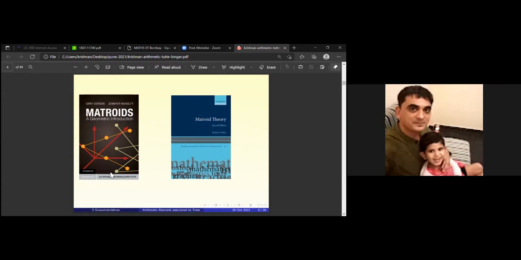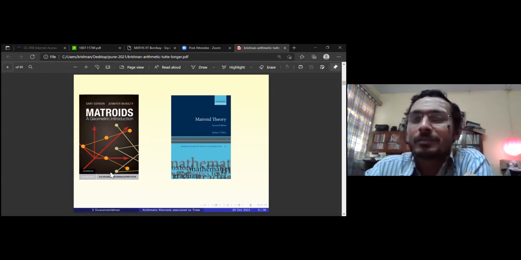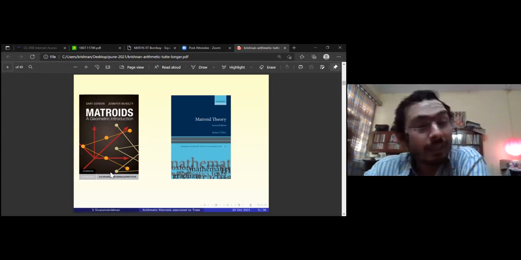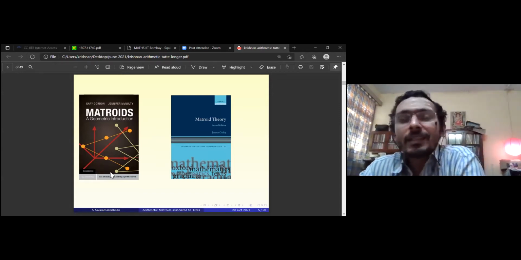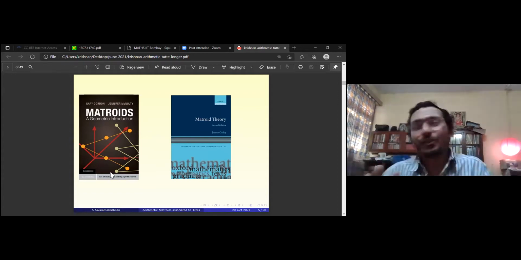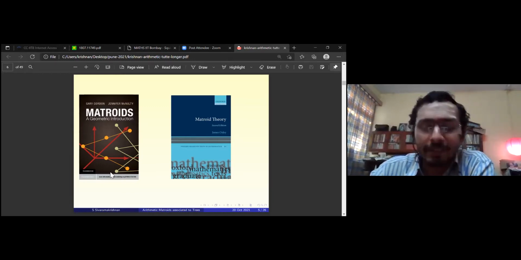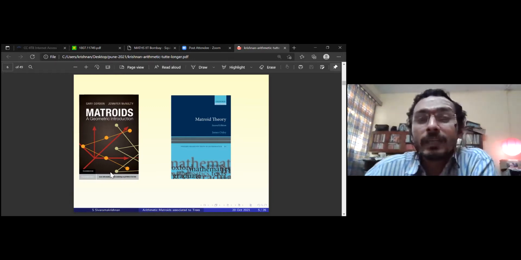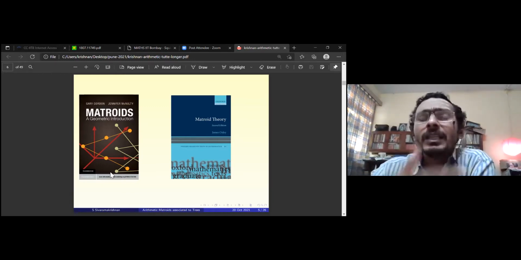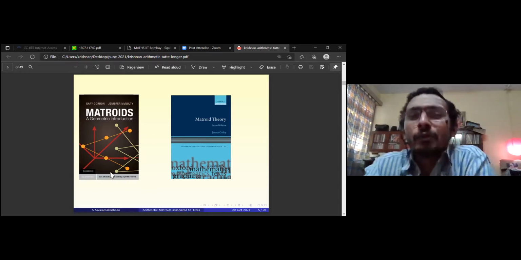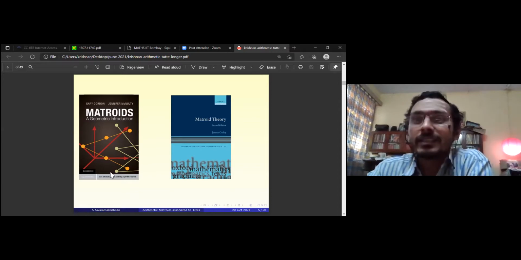In that sense, I'm quite happy that I bought this book, because some student who had no idea of matroid theory started reading it from this book, and found it so good that he just took it away. So it's that good. I definitely recommend this book for people who are interested in matroid theory. And in general, if there are other things that people are doing, I would also like to learn, because I'm doing something, but others may also be doing interesting things. Unless we talk, we will not know.